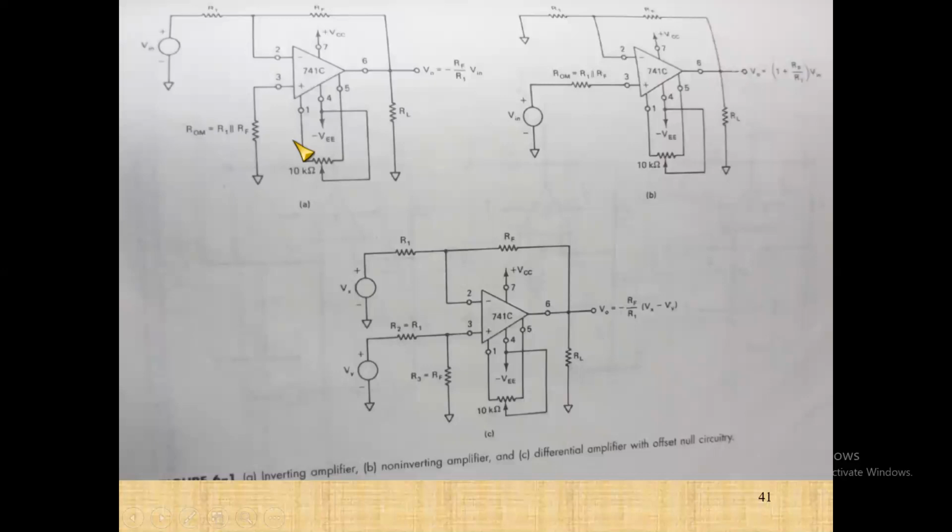And the compensating circuit is what is important for us. This is the compensating circuit used in all the three cases. Same compensating circuit. Okay. Middle point 4 is connected to the center point of the potentiometer. This is a potentiometer connected between 1 and 5. Between 1 and 5 you have the potentiometer, and the center point, the variable point, is connected to the point 4.